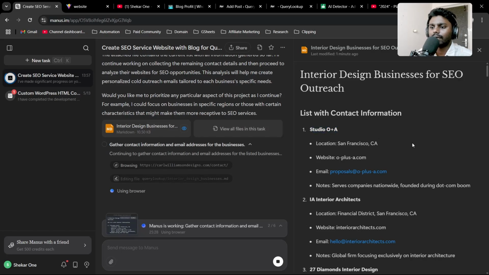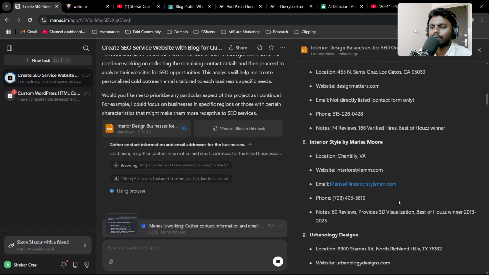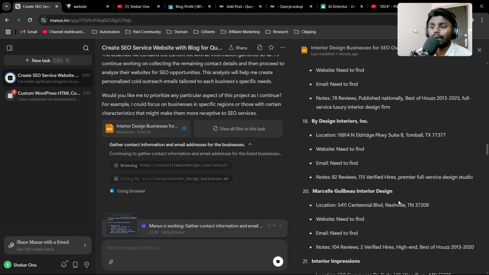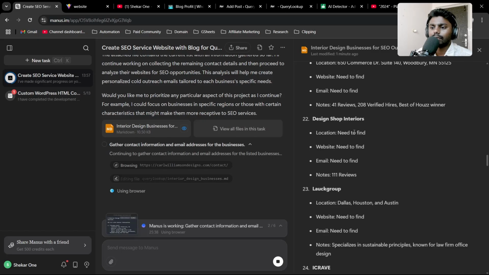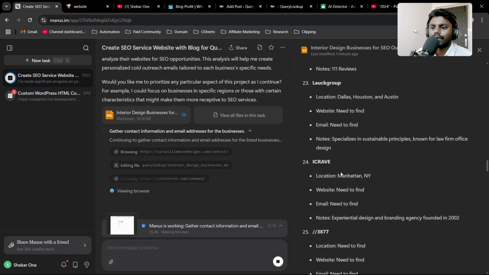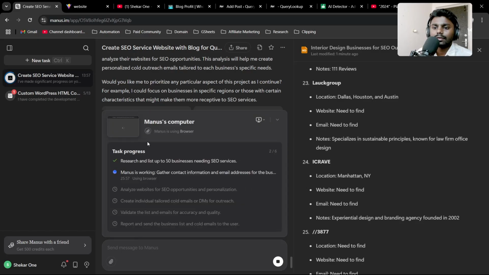We have all the email addresses right here. You can see for contact. So these are all business email addresses where I can offer them SEO services. Okay, so they have the location, need to find website, 111 reviews, which means if any of these doesn't have a website or a brand-oriented email, then I can pitch to them and help them create an SEO optimized website. And then here we can see,